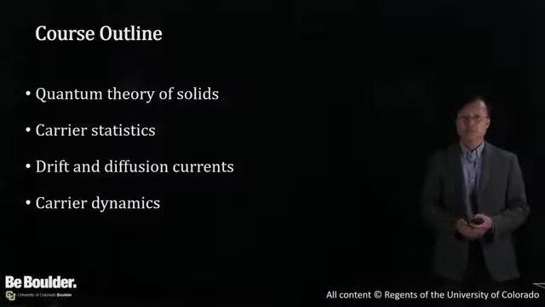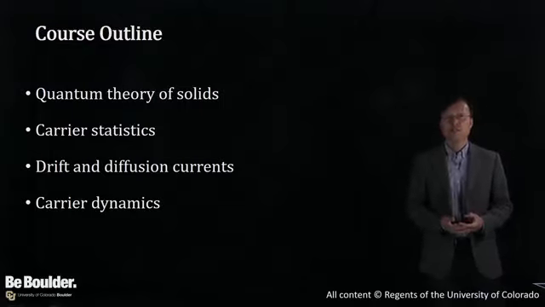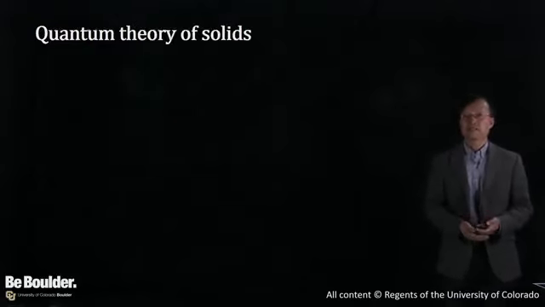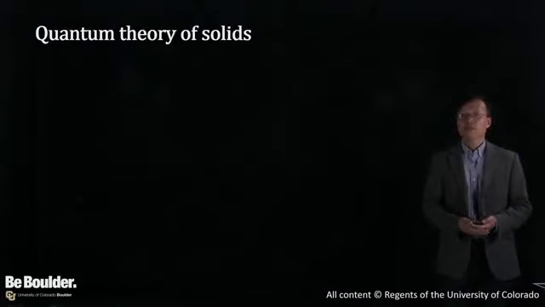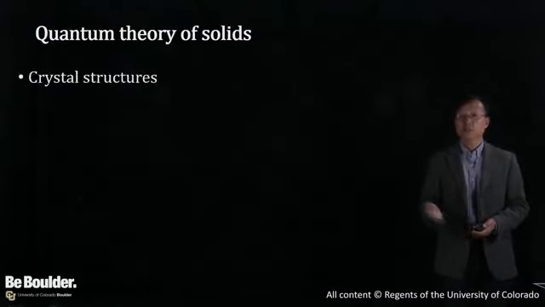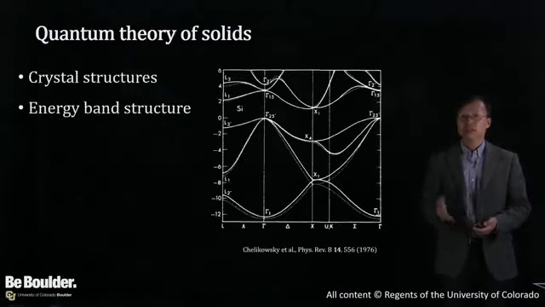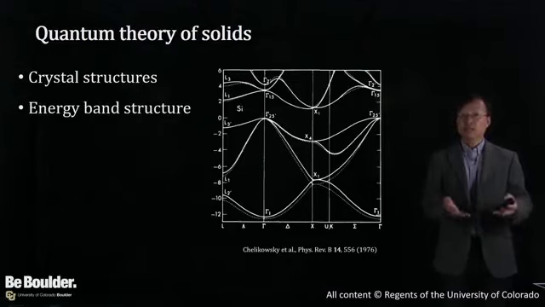The course on semiconductor physics consists of 4 parts: quantum theory of solids, carrier statistics, drift and diffusion current, and carrier dynamics. In quantum theory of solids, we start with crystal structure, describing how atoms are arranged in a semiconductor. And then we will discuss energy band structure, what gives rise to energy band structure, and how energy band structure